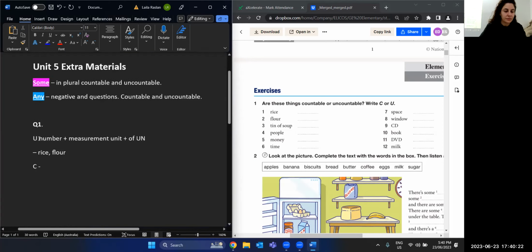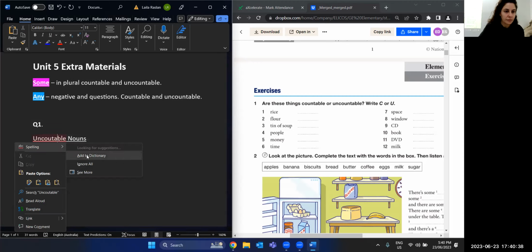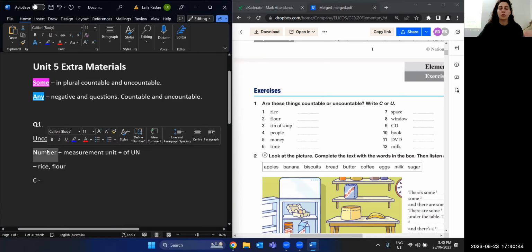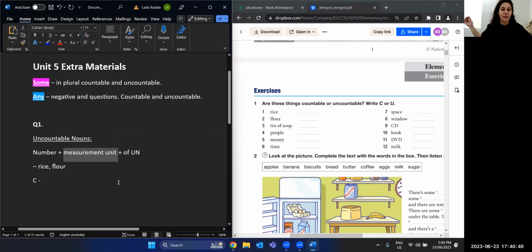Rice, flour, so the number, maybe you want 2, 3, 4, 5. The measurement unit, this could be kilograms, meals, bags, slices, packets. Remember, we looked at a lot of measurement units. And then of, and then that uncountable noun, rice, flour, a tin of